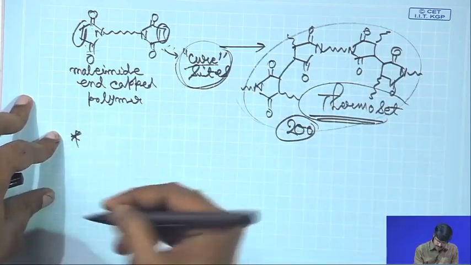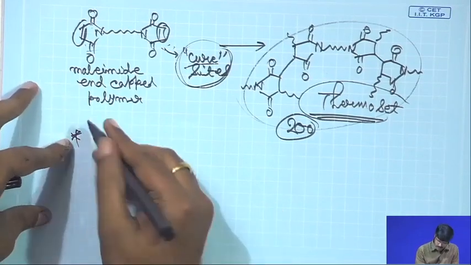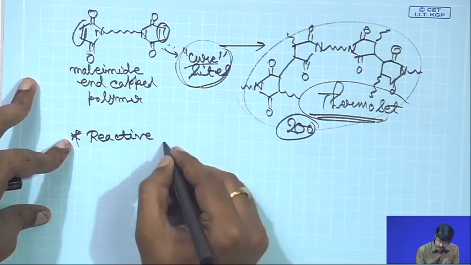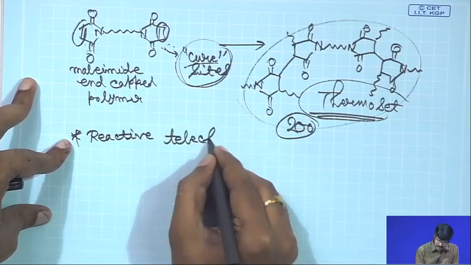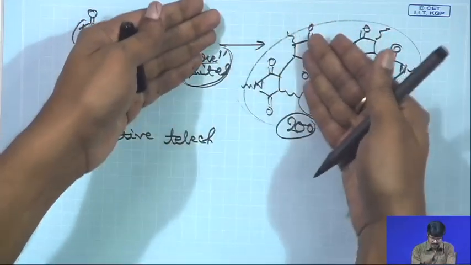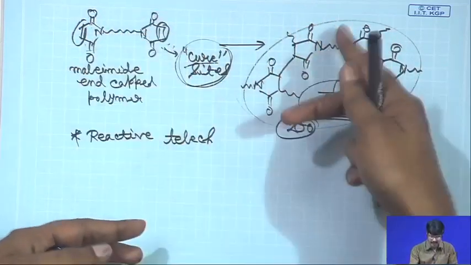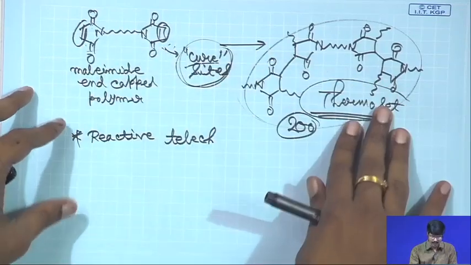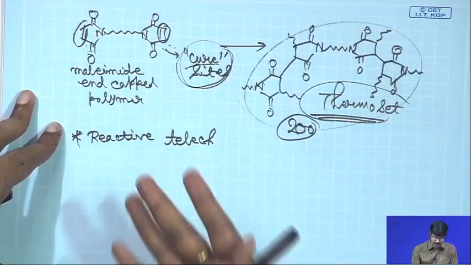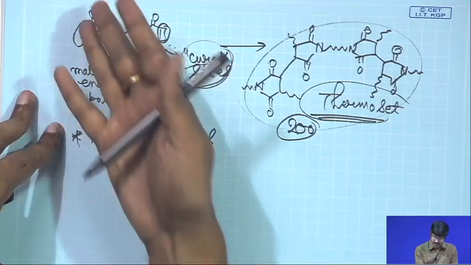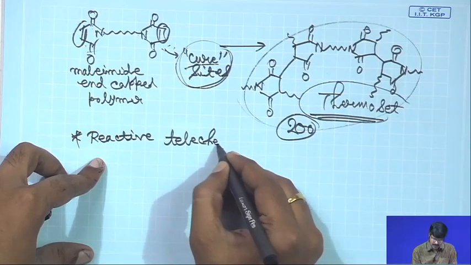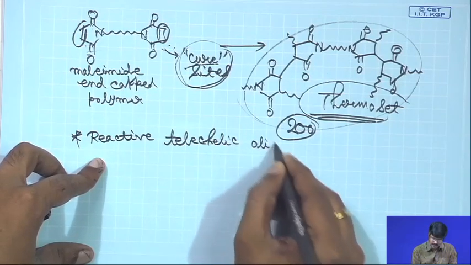It is called reactive telechelic. I mean, of course, whatever we have talked about is different from this. I am just trying to correlate in a way that we talked about thermosets, we talked about maleimides. So, we are talking about another approach in which you can use these maleimides in order to create thermoset materials. So, reactive telechelic oligomer